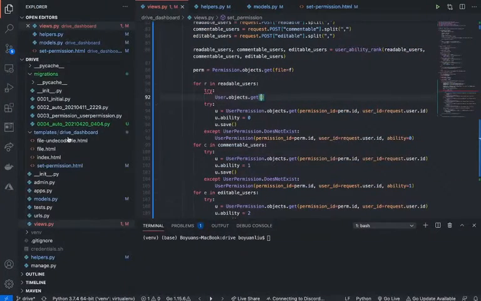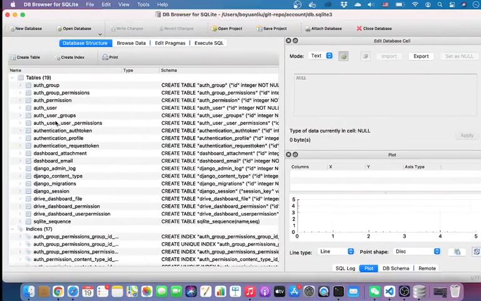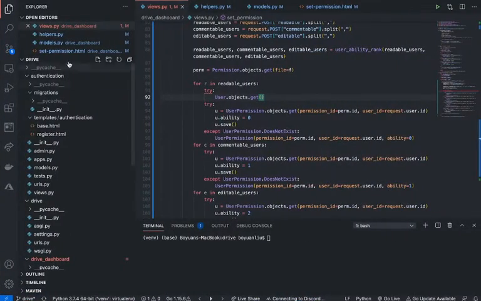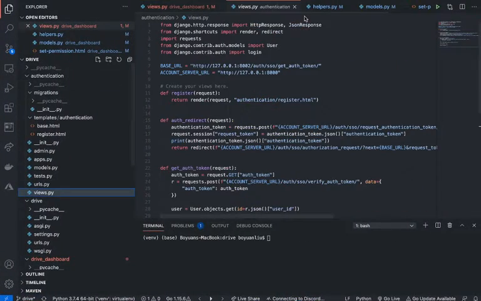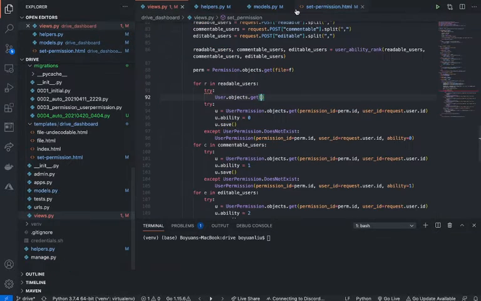Wait, it works, right? Because that's how I set it in the authentication. Yeah, it's auth user. Let me double check my authentication. Good. Yeah, exactly. Okay, still works. Single sign on. Okay, so yeah, I'm gonna say email equals to r